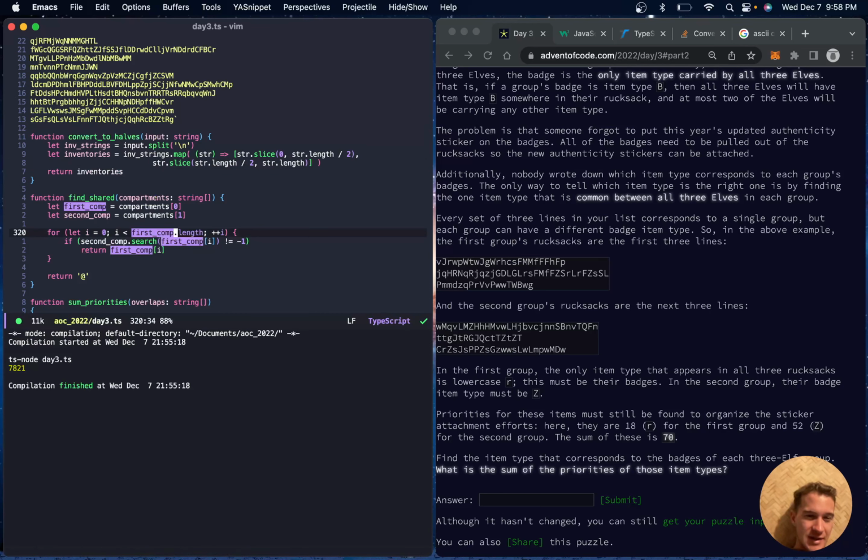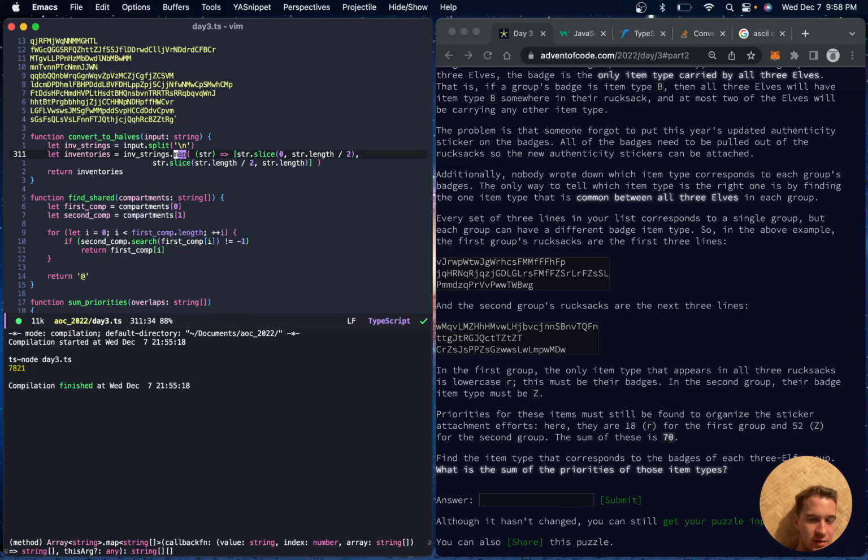So our fancy little n squared algorithm here will then become n cubed, and